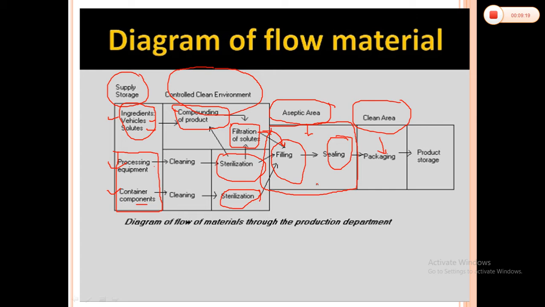All the supplies, like processing equipment, container components, as well as the final solutions to be filled, must be introduced into the aseptic filling room in such a manner that the aseptic state of the room is maintained, and thereby the introduction of environmental contamination into the product is prevented while it is being subdivided into individual containers. Now, when I was in industry, we had to filter that particular product two times, so that we maintain extra clarity during the processing before the filling of our formulations.